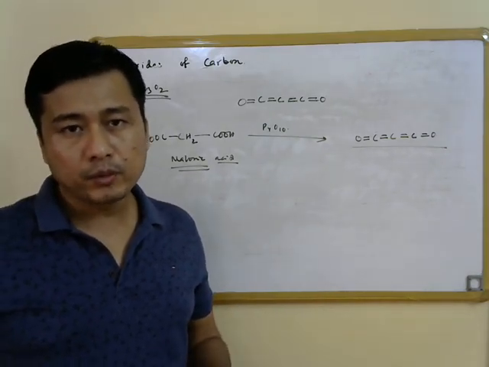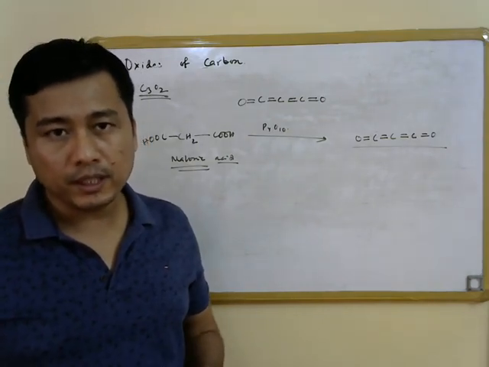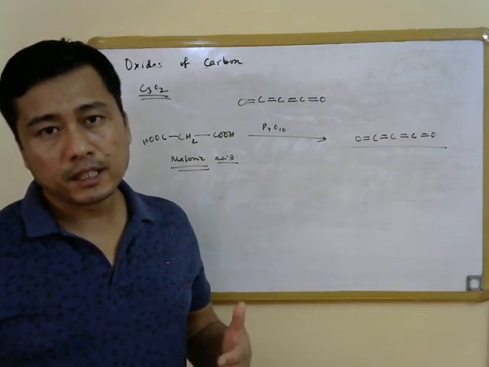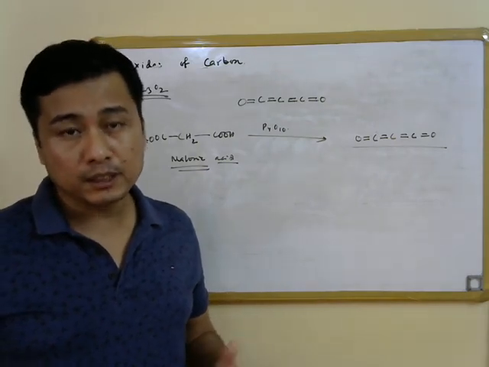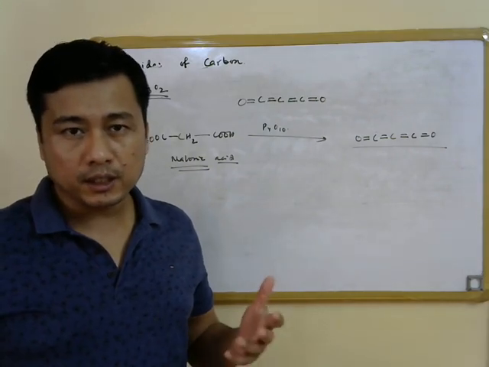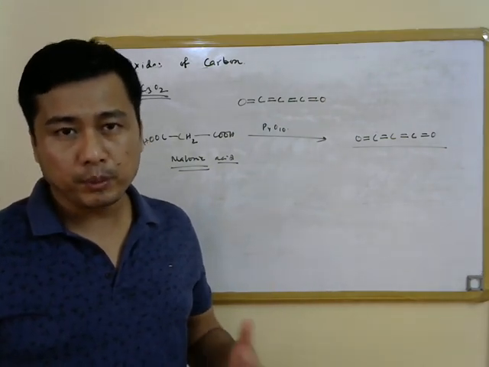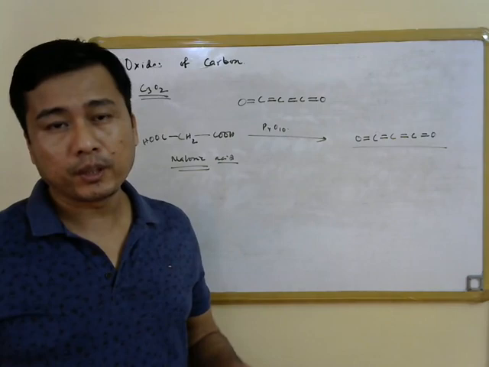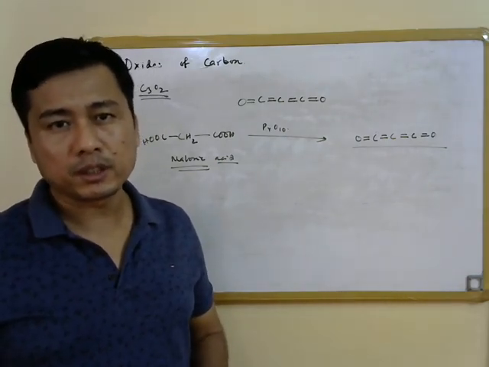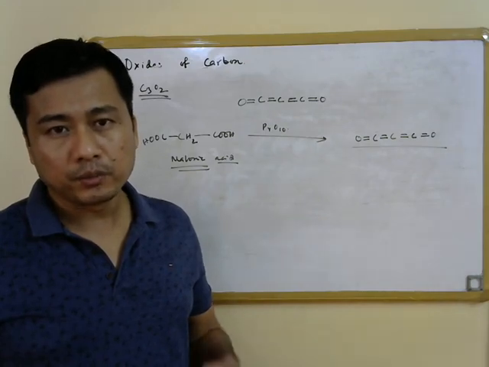Now we discussed about the chemistry of these oxides as well, and we initially looked at carbon monoxide, and we have seen that it is produced when one burns carbon in limited supply of oxygen, and it is also industrially prepared, or it is prepared in the laboratory as well by dehydration of formic acid using concentrated H2SO4. Then we also